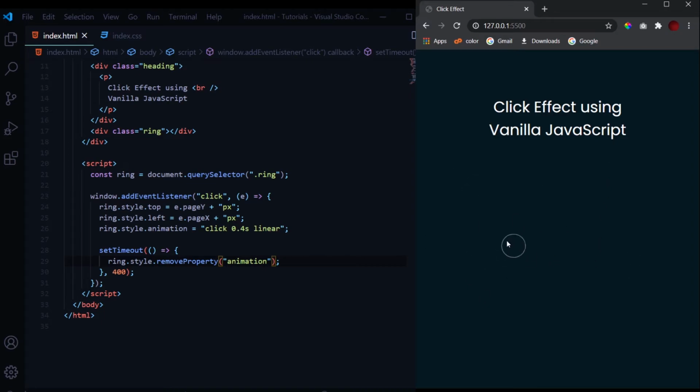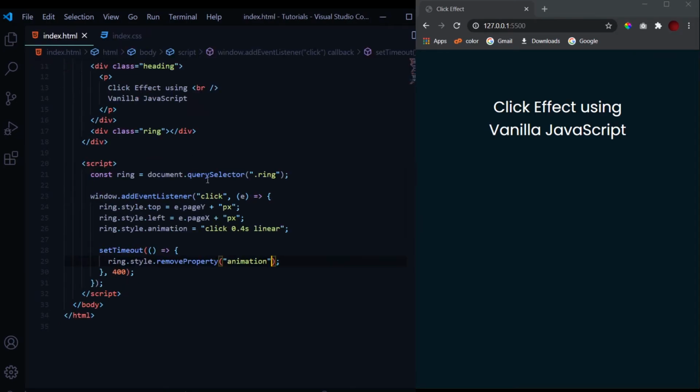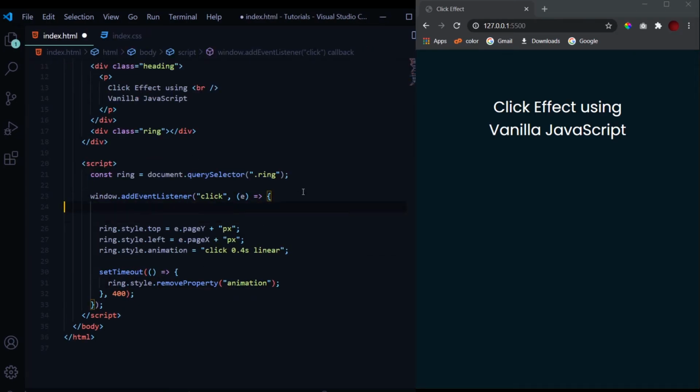Now we need the random border color. So for that, let's just remove the border from here, and now we will generate a random color. So for generating a random color, we will create an array, let's call it colors, and we will provide some basic colors, like this is a pink color which I'll be using. This is a good pink color if you work in dark mode. Then you can have any colors in here. I am selecting the ones which I like, white, and then let's have dark orange. So this is the array.